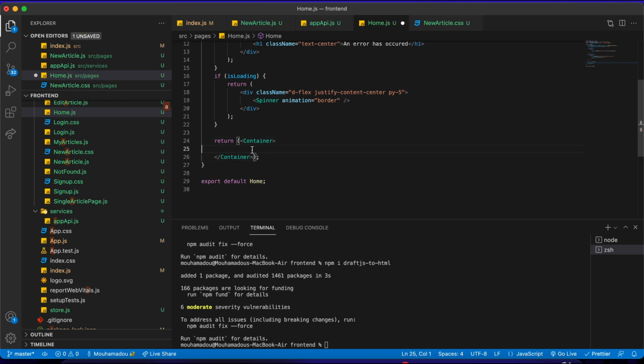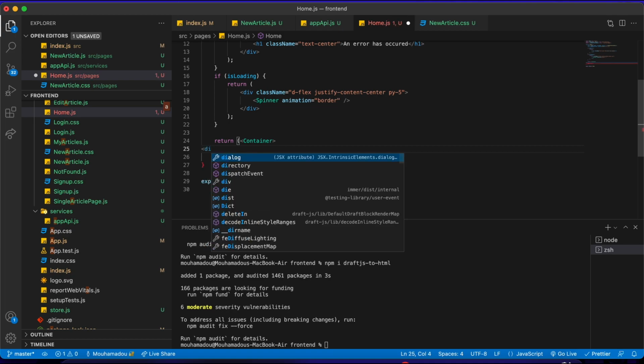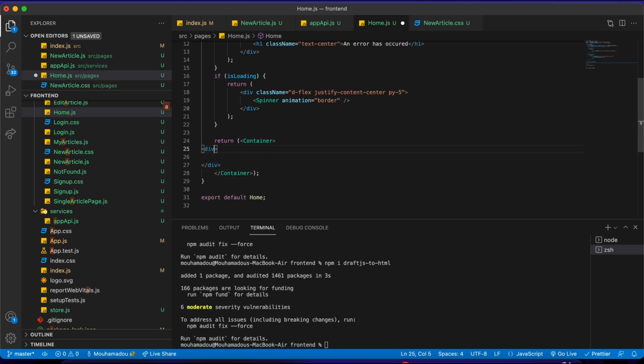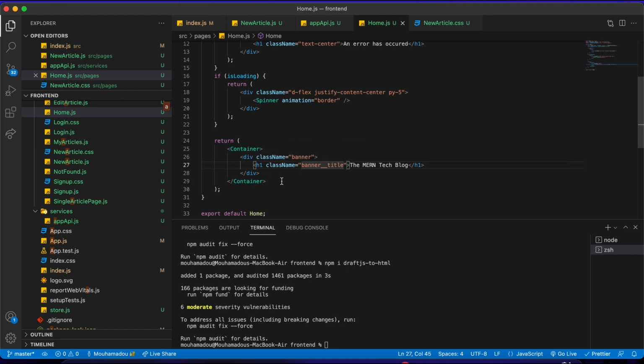Okay, so the container will have a div that has a class name of banner and an h1 that has, so the MERN, okay, say the MERN tech blog. Okay, this is the banner. We can add a class name of banner_title. Okay, and below this we'll have our row,